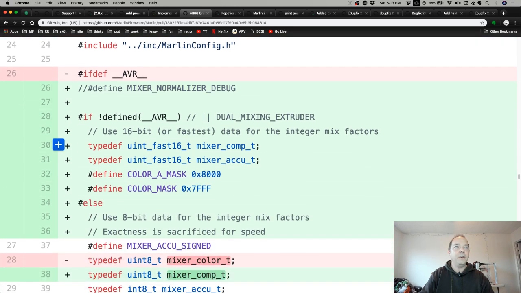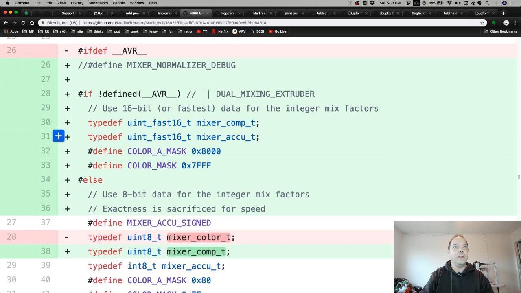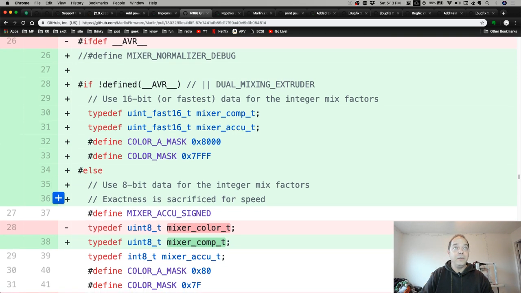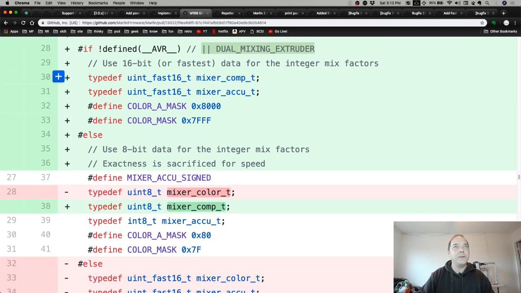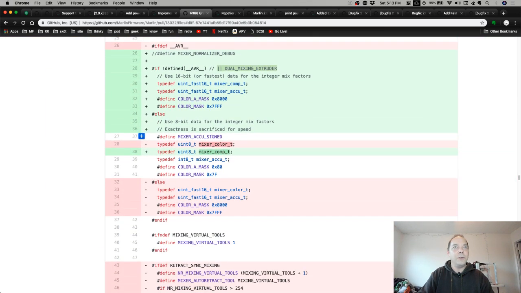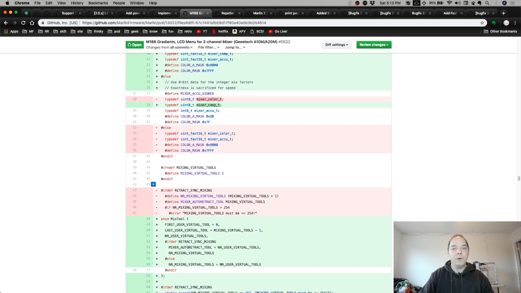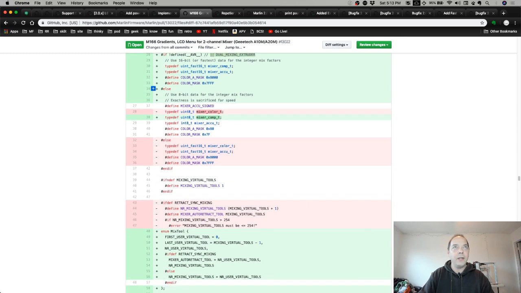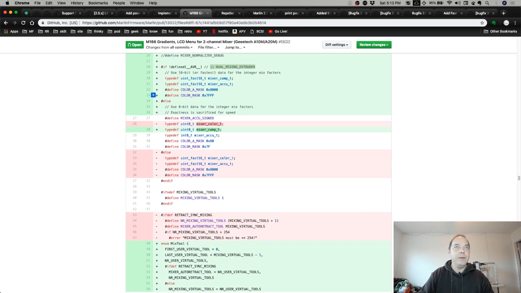Then, as I was saying, here we usually use 16-bit only in the case when we're using non-AVR processors, which are typically a lot faster, so we can use bigger numbers. I just thought it might be fun to try it out when I'm using the dual mixing extruder, to use the bigger numbers and maybe get slightly more accurate gradients, because it'd be slightly more granular. But it didn't seem to be needed. Once I got the calculations working, it seemed to be fine with either 8-bit or 16-bit. So anyway, that's the only reason that's there. And then we have,